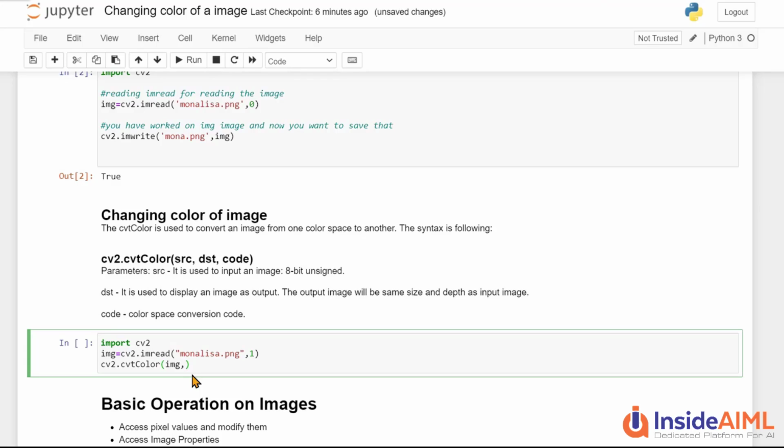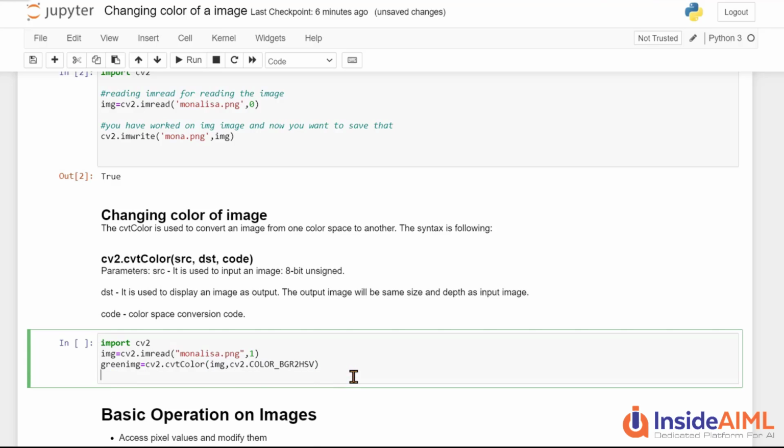And let's put the code directly. So for changing an image into green color, the code is cv2.COLOR_BGR2HSV. So it changes the color into green. We would be watching that by just using the imshow function. So there is no issue. We will put green_img equal to cv2.cvtColor function.